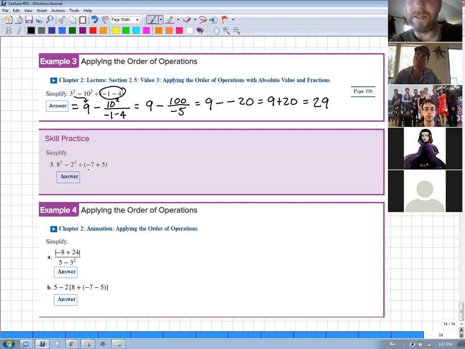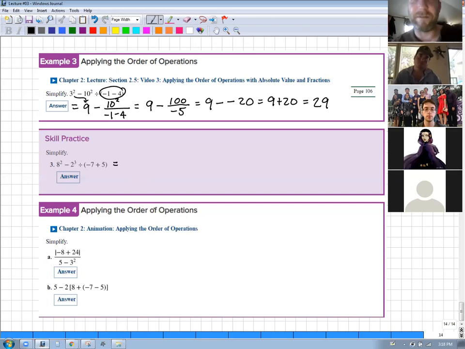So like this one here, I'd have some issues doing that in my head. I couldn't do 8 squared is 64. Then subtract 2 cubed. 2 cubed is 8. So 64 minus 8, but I need to divide the 8 by this first. So yeah, never mind. I don't expect you to be able to do these in your head, but I do expect you to be able to do them without having to think about every single step along the way. By the end of the semester, you should get enough practice to where you can do it kind of reflexively,